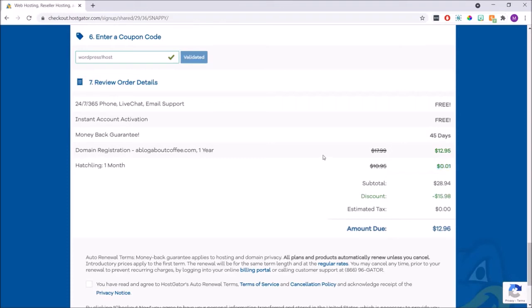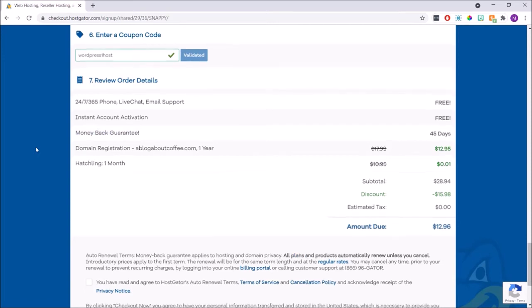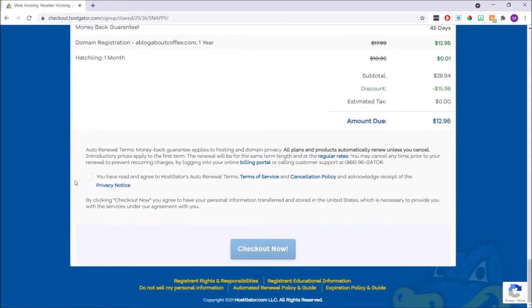But anyway, let's get back to installing WordPress. So if we look here, we can also see that HostGator offer 24/7 phone and live chat support for free, and they also have a 45-day money-back guarantee. Then once we're happy with everything here, we just need to check the box to agree to their terms, and